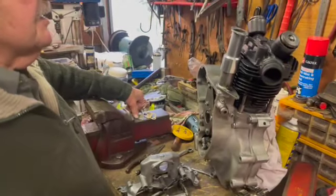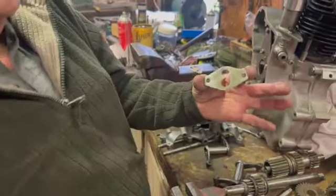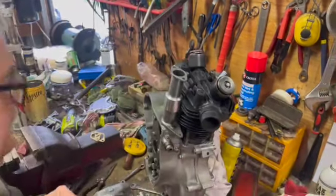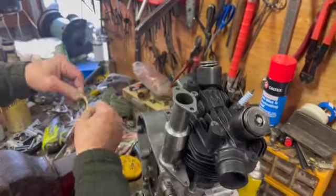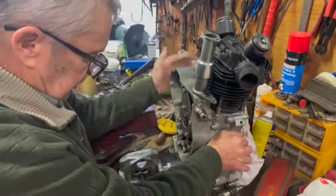Another thing that was missing out of this bike was this little gadget. Was that the guide for the push rods? Yeah, that's the push rod separator. That goes up there. Just keeps the push rods apart if there's any issues. Okay, so I've made up some little gaskets to put one each side of that. And that's how that goes. Now, we'll go down here to where we've been before,